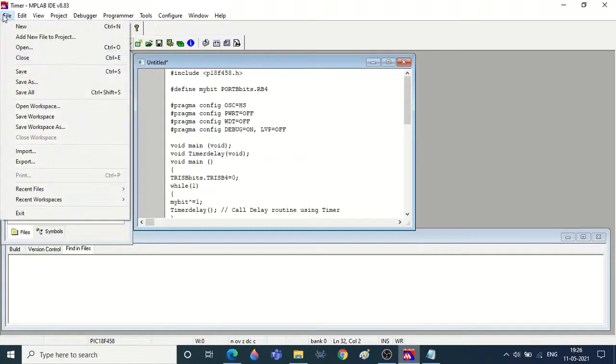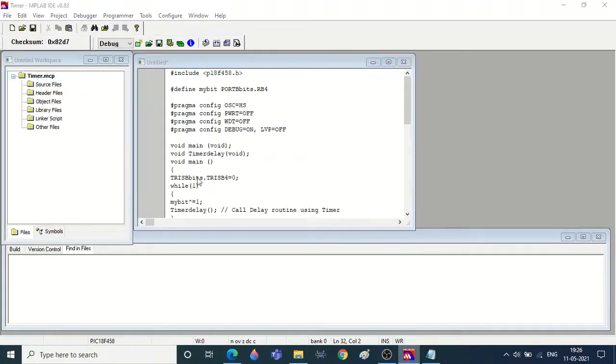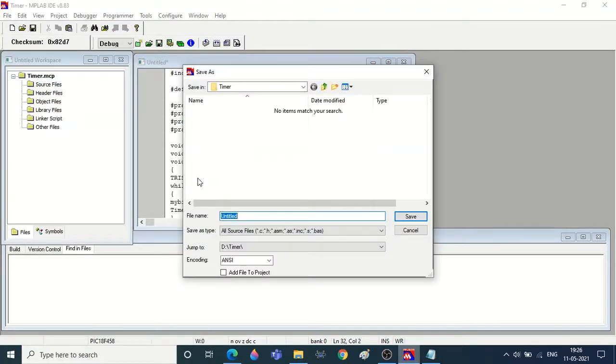Now we have to save this file. We have to make sure that whatever file we are saving goes into that same directory. Let's say again the name of that file is timer, and we have to remember to save that particular file with the .c extension, because this is a C file.